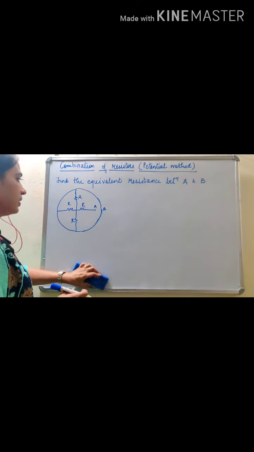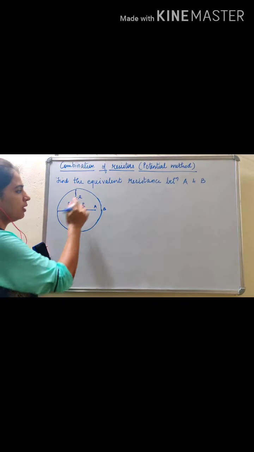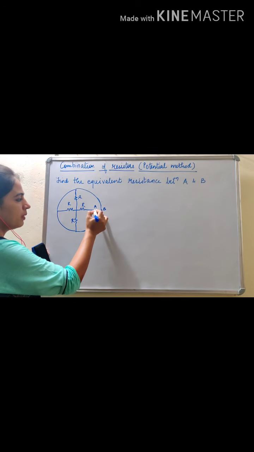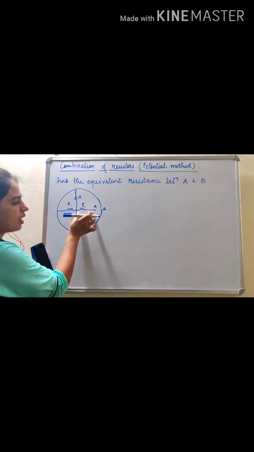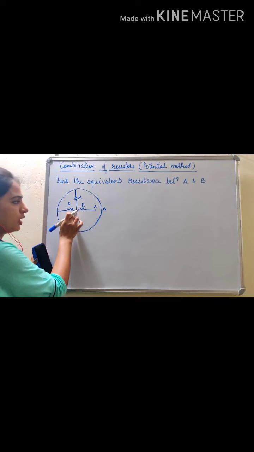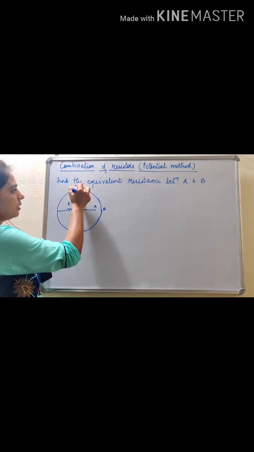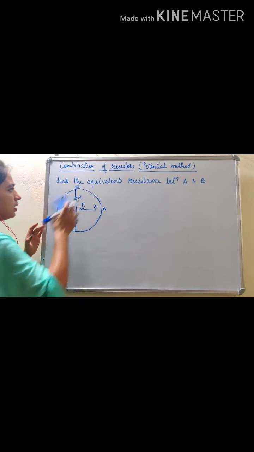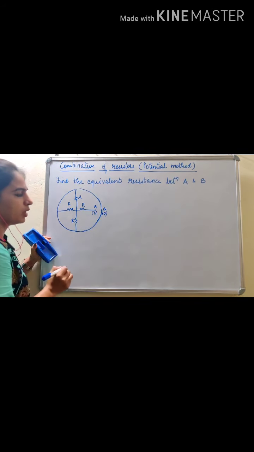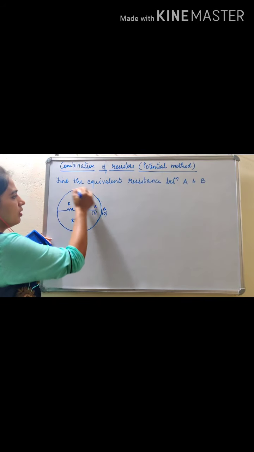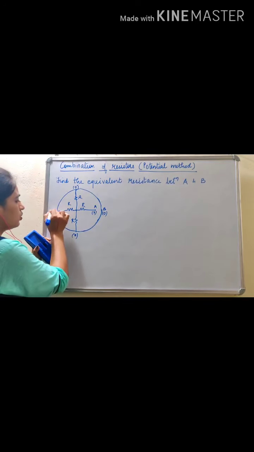The next question is given like this. Here there are 2 points A and B, and we have to find the equivalent resistance between A and B for this network. So again using the potential method, this is A, this point and this point has resistance R in between. So this point cannot have potential A and neither potential B. This is B, this terminal will have potential 0. Okay, point A will be considered as potential V and point B will be considered as potential 0. So this terminal will be at potential 0, this will also be at 0, this will also be at 0.